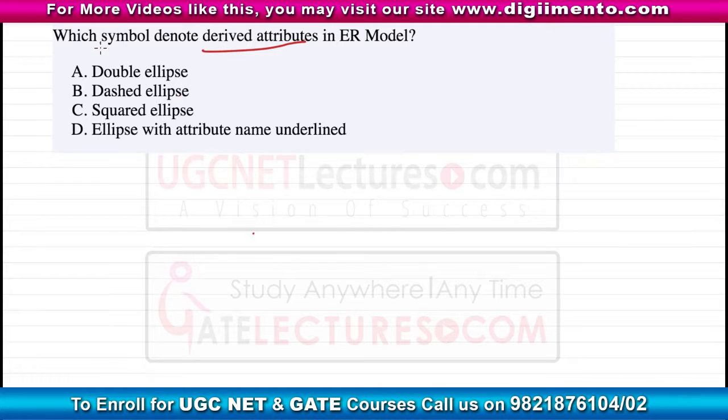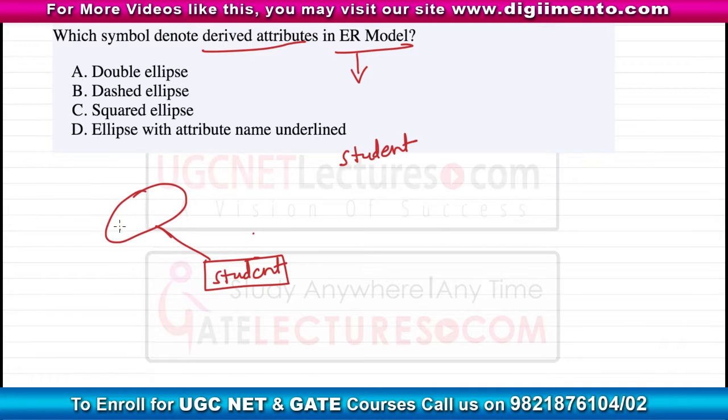For example, here we can take one example. If there is one database relation with the name student, so student is one entity. I am talking about the ER model here, so I am taking this student entity. Now in this student entity, we can have some attributes, for example, name,